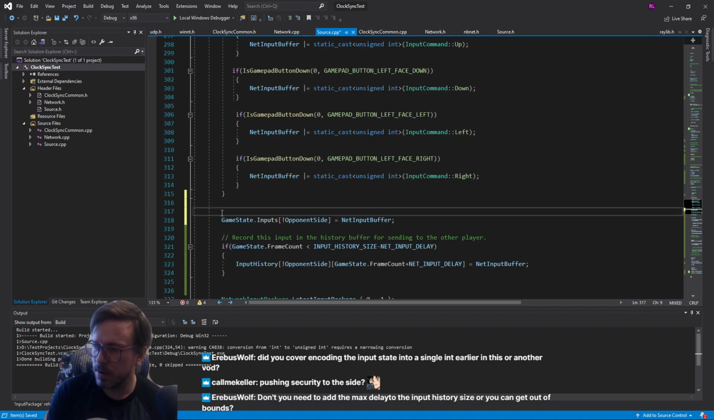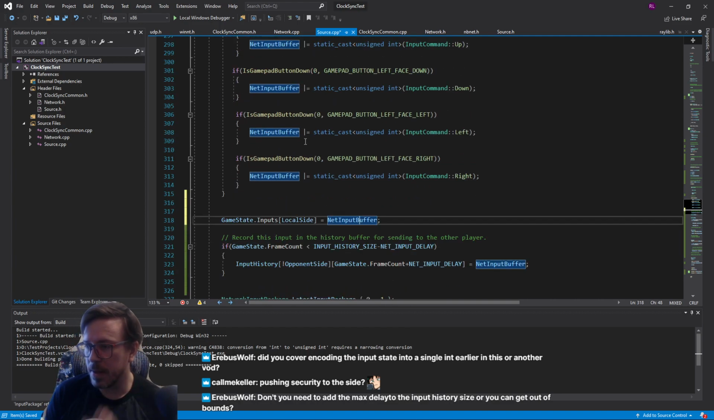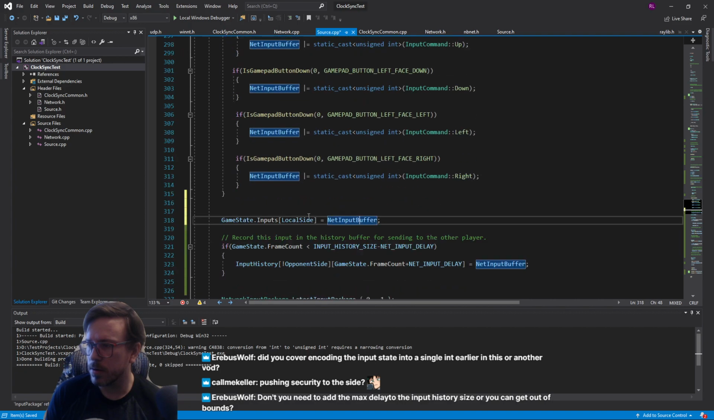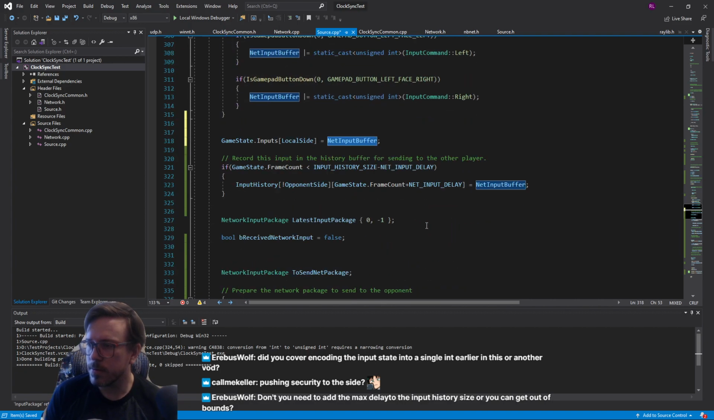we don't need that anymore. We say local side. I call it network input buffer. Why did I call it that? Anyway. We don't want to do this anymore. What we want to do is